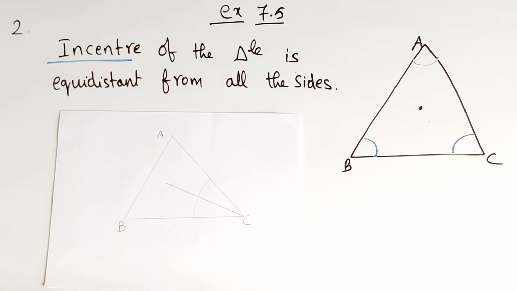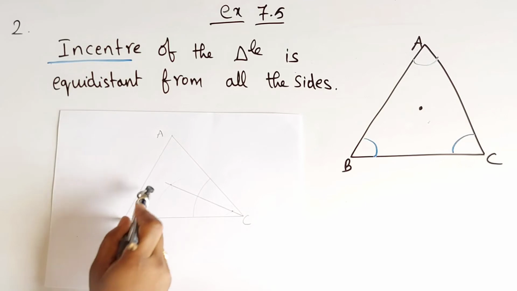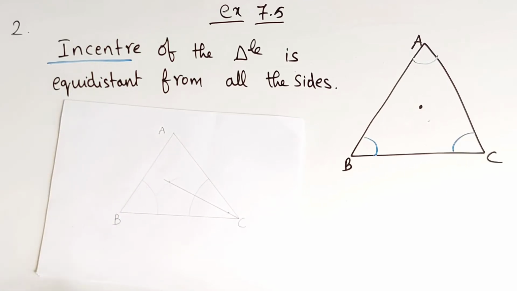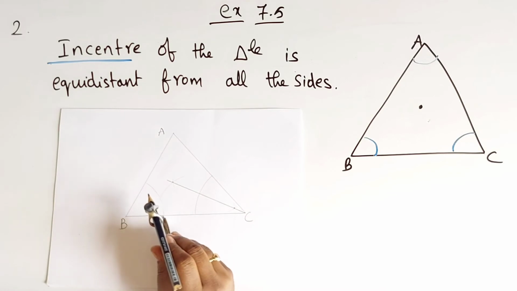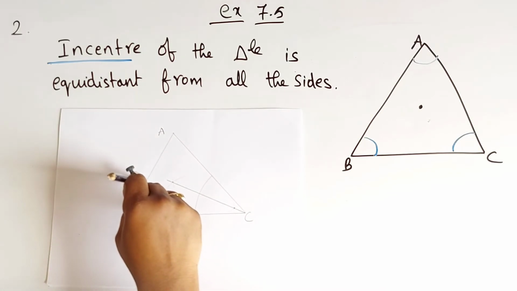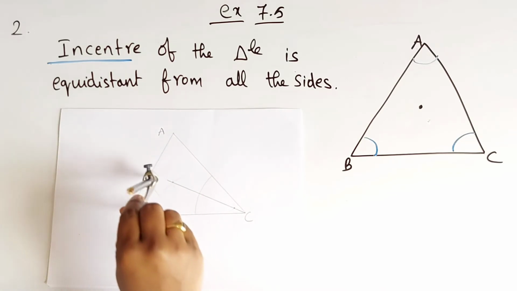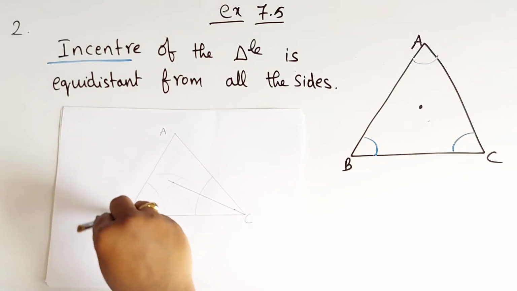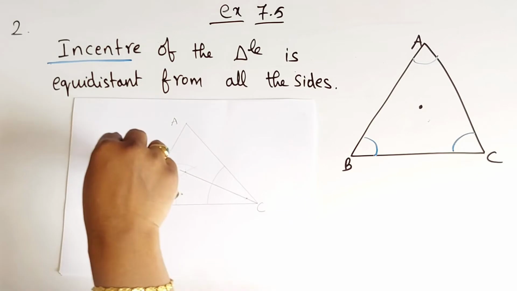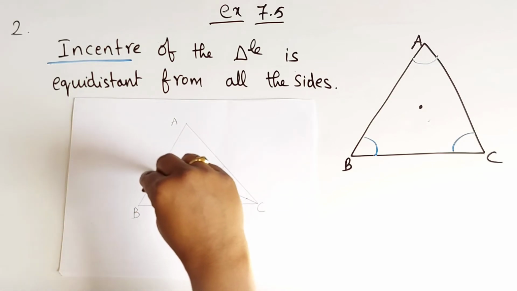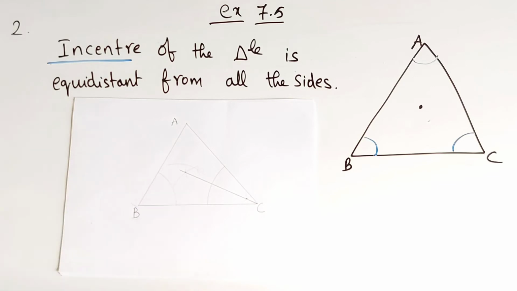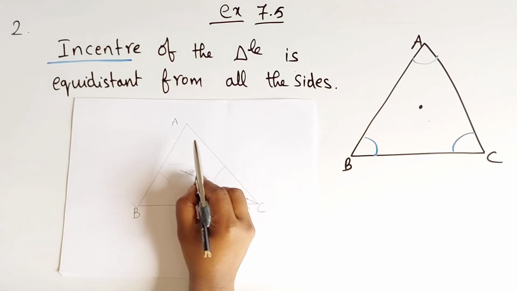Right, children? Now we will do it for angle B. From here, you have to draw an angle shape. Now take this measurement. Draw an arc here and here, children. From this side also, the same thing. Here one arc and here one arc, children. Right? Now we need to join these 2 points.